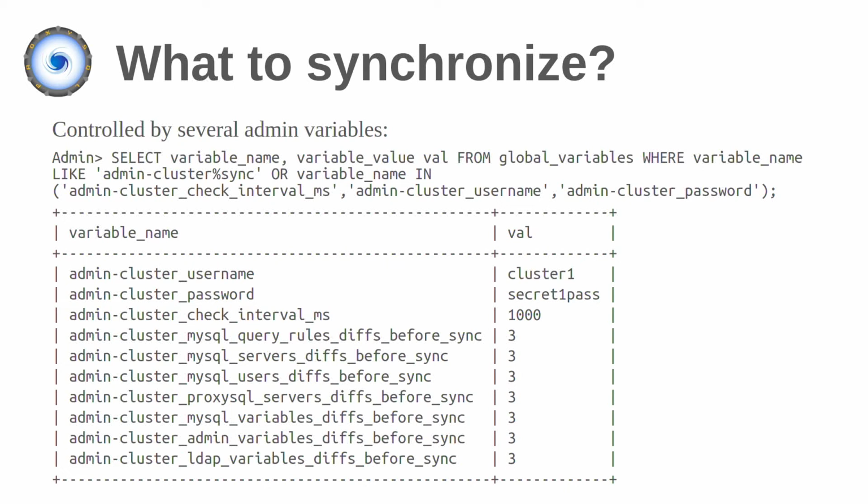I'm going to show you later on one of the horror stories, but basically this is the point. If you put the interval too small or the diff checks too small, you might end up in a situation in which you trigger a synchronization before you finish the change. So this is why you have to wait a certain period of time, to make sure that the change in one of the nodes is completed, because otherwise you might end up pulling a configuration before it's finished. So this configuration takes 3 seconds to synchronize? Yes.